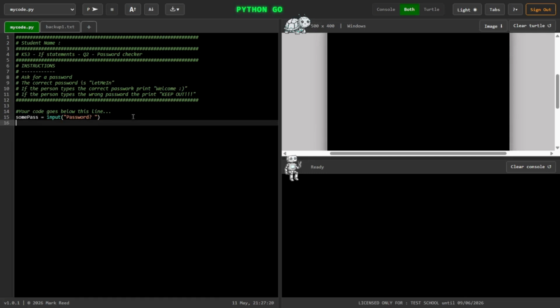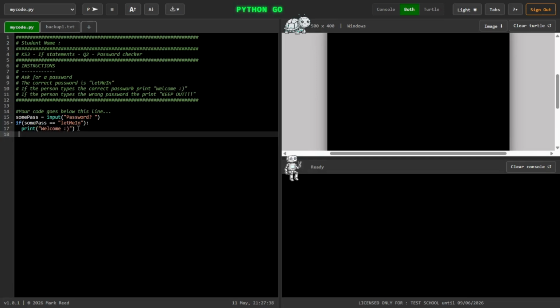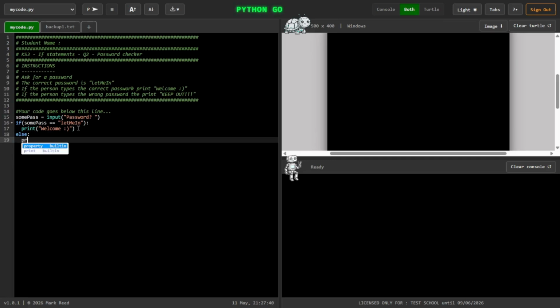Then we can do an if statement. If the password is the same as this correct answer, then we will print a success message. And it's good to get your students just to copy and paste from up here to save time. Else, same thing, print, and I'll grab this little keep out message up here,